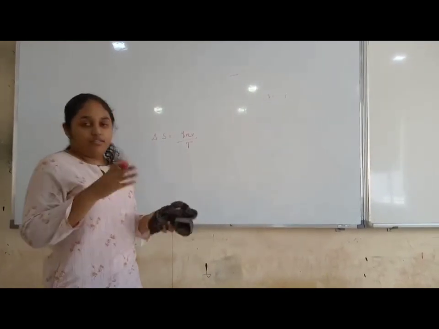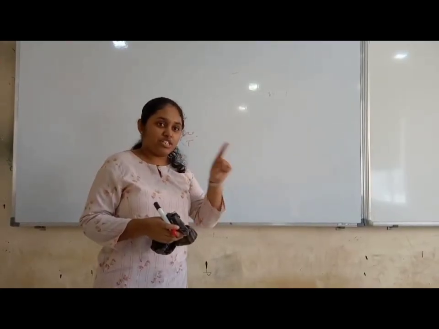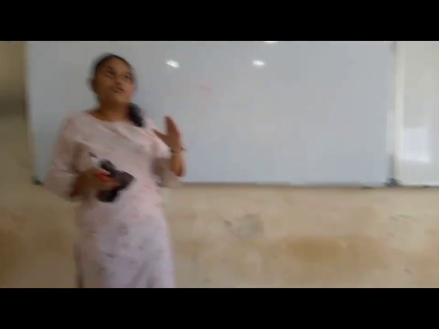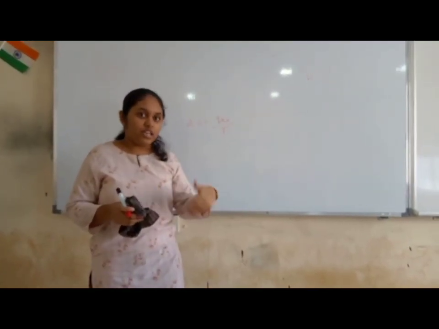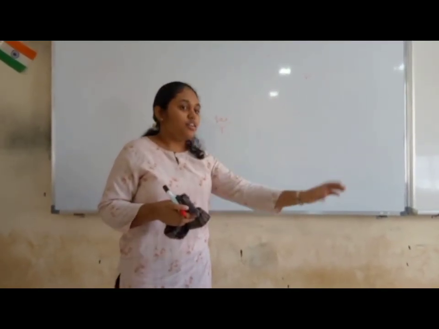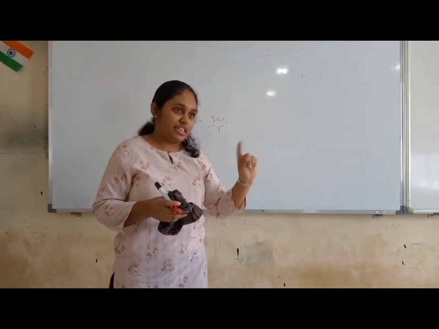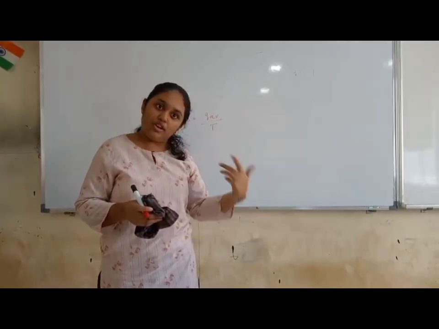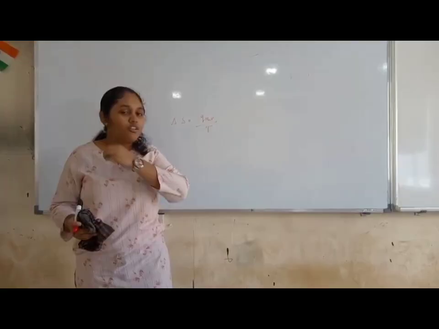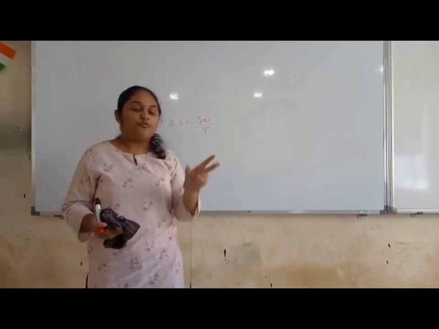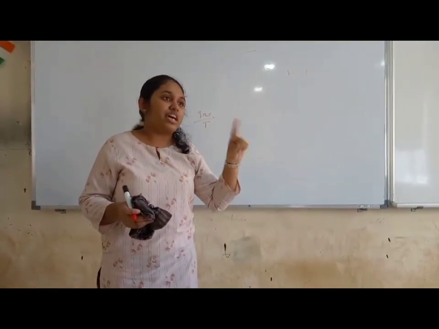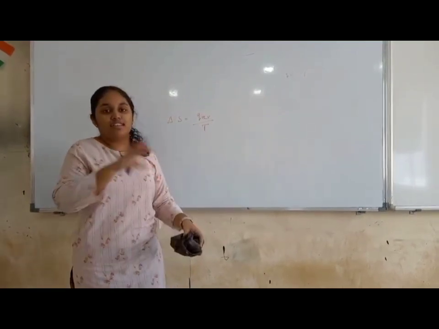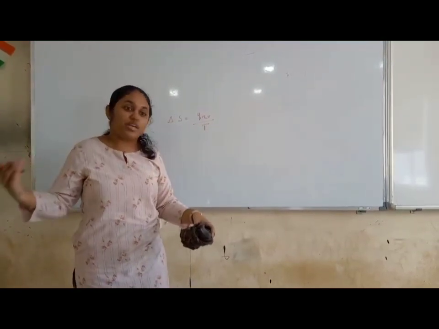So we know that for the feasibility of a reaction there are two things, H and S. For the reaction to be feasible, or spontaneous, either delta H should be negative or delta S should be positive. Both can also be there. If both are there, the reaction will always be feasible. If delta H is positive and entropy is positive, then this concept comes to give free energy.